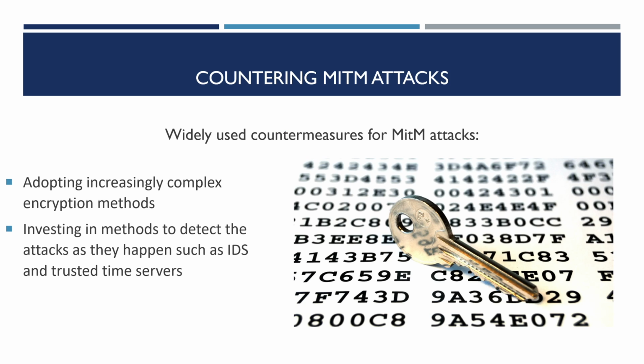Now, in general, when you're trying to counter man-in-the-middle attacks, there are two mainly used countermeasures. Certain companies will go for adopting increasingly complex encryption methods for their data, so they won't even try and stop the attacker from intercepting their data. They're just going to work on encrypting the data to where the attacker can't decode it once it gets encrypted. Another method that's widely used